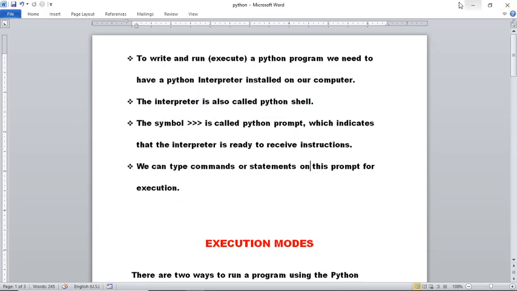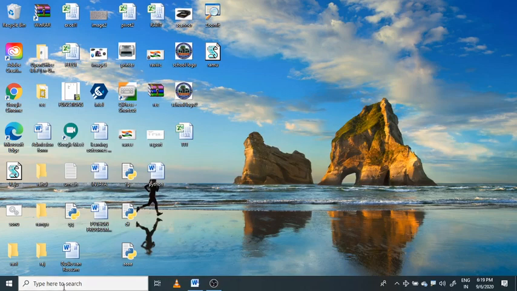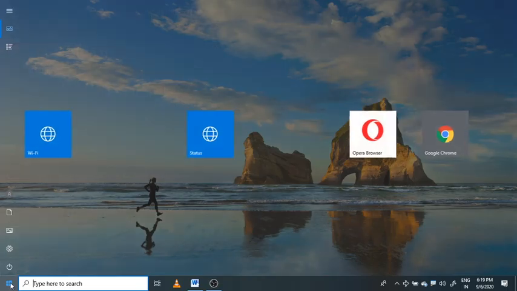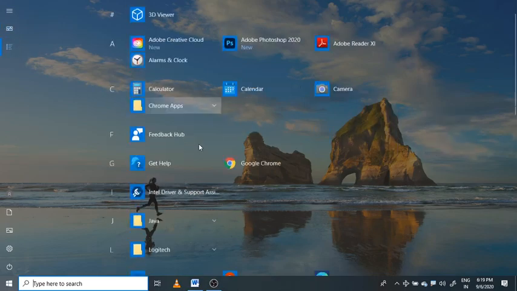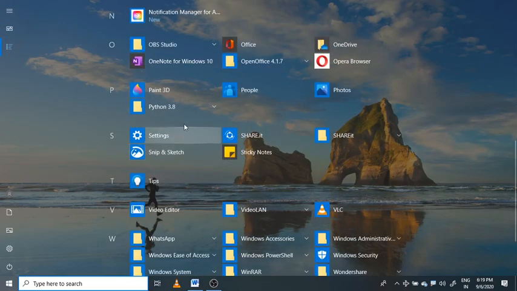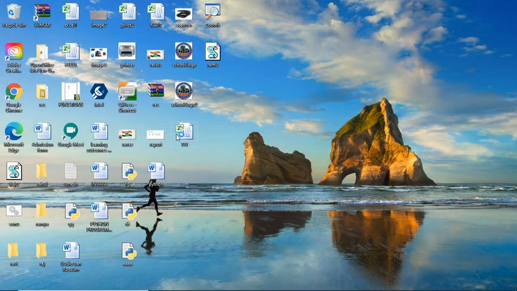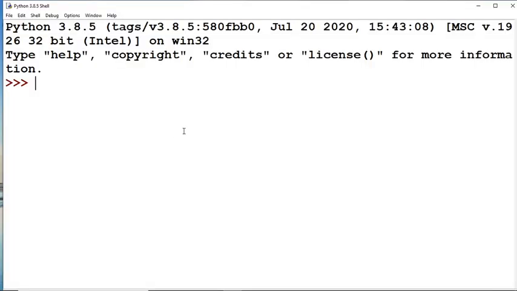Now let us see once. Suppose, see here, now I'm opening the Python window. See here Python, and we have to click on IDLE. Observe here, this is a Python window.